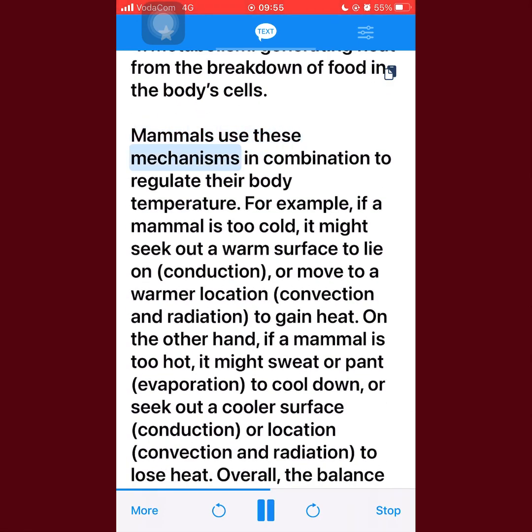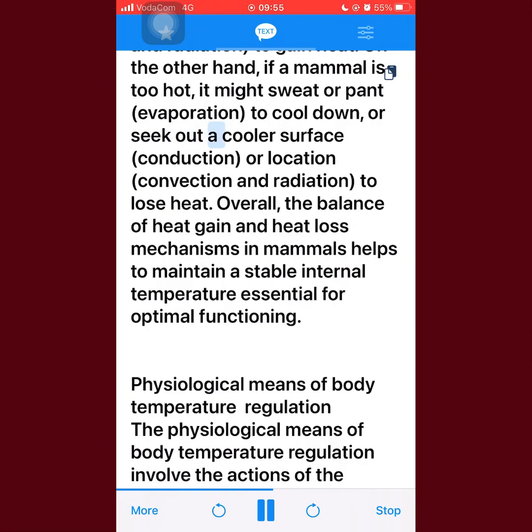Mammals use these mechanisms in combination to regulate their body temperature. For example, if a mammal is too cold, it might seek out a warm surface to lie on (conduction), or move to a warmer location (convection and radiation), to gain heat. On the other hand, if a mammal is too hot, it might sweat or pant (evaporation) to cool down, or seek out a cooler surface (conduction) or location (convection and radiation), to lose heat. Overall, the balance of heat gain and heat loss mechanisms in mammals helps to maintain a stable internal temperature essential